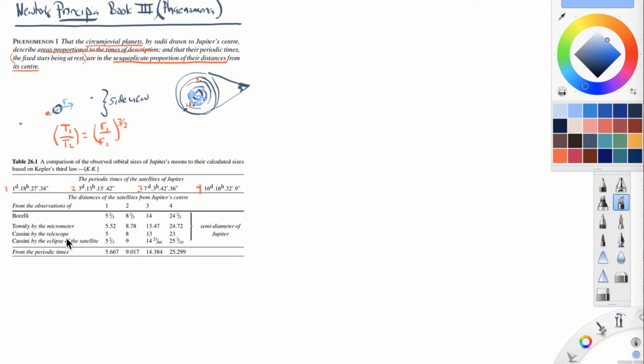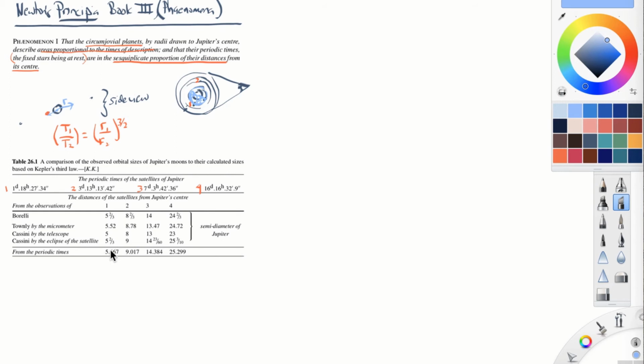He measured it to be 5, and he measured it again to be 5 2/3. So what Newton does is he recognizes these are all between 5.5, 5, 5.5, 5 2/3, okay? And then you could look at satellite number 2, and you could compare these. You could form the ratio of this to this, and take it to the 3/2 power, and you would get